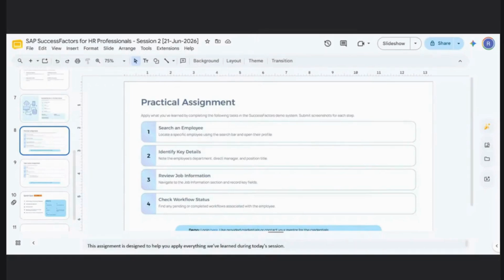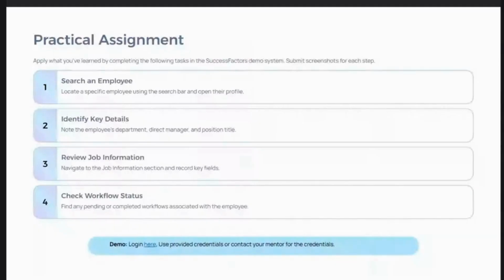So under this practical assignment, you need to search an employee. You can search any employee. There is a lot of dummy employee information which is available. You can search any employee, locate a specific employee using the search bar, and open their profile. You need to take the screenshots of each of your actions.